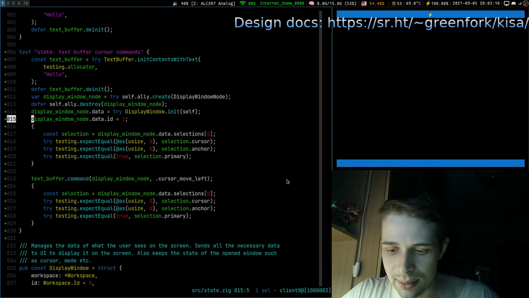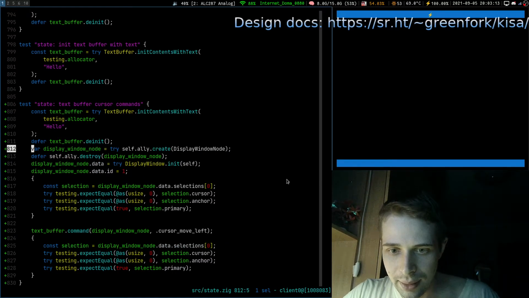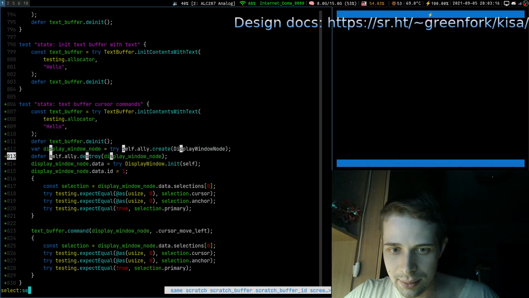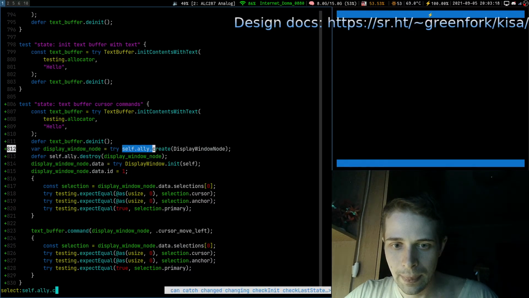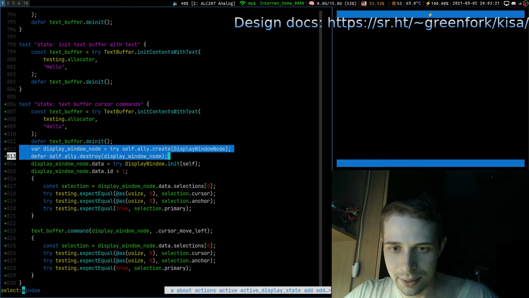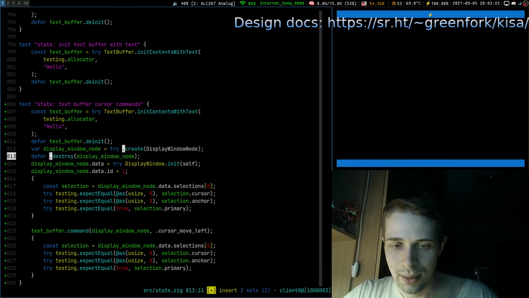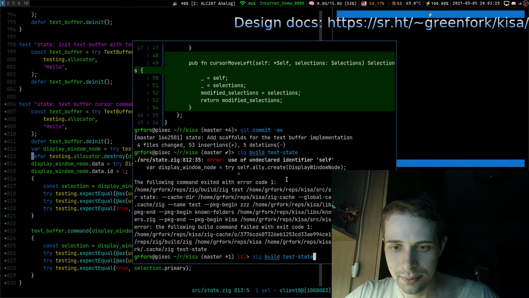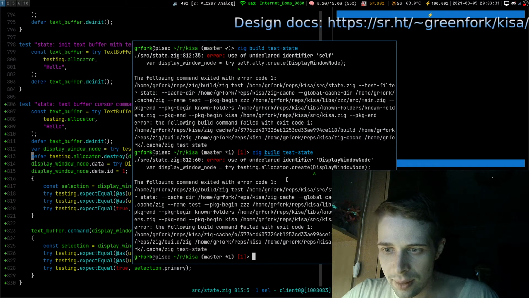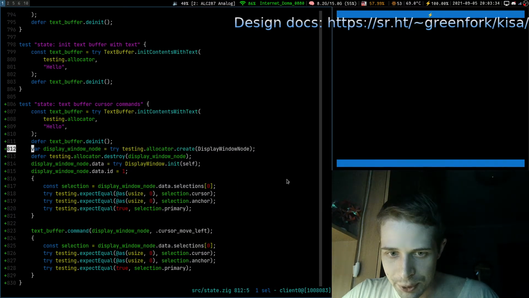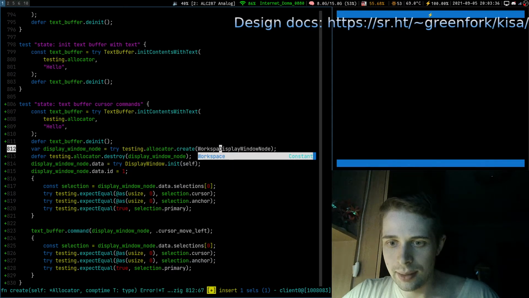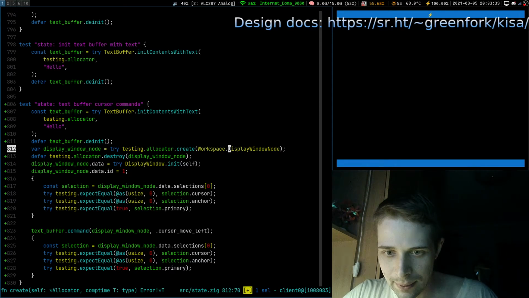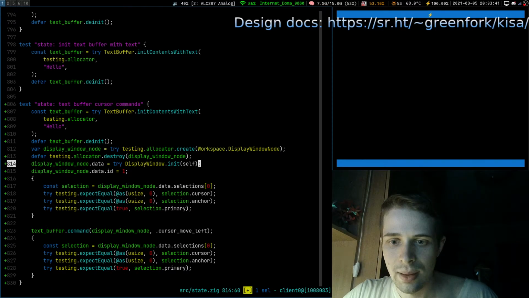Yeah, okay, let's just do several things. The allocator will change it. Oops, I pressed the wrong button. I would like to change it to testing.allocator. Display window node. Sure. I will help you and say where it is. Display window init. Oh, we need a workspace here.